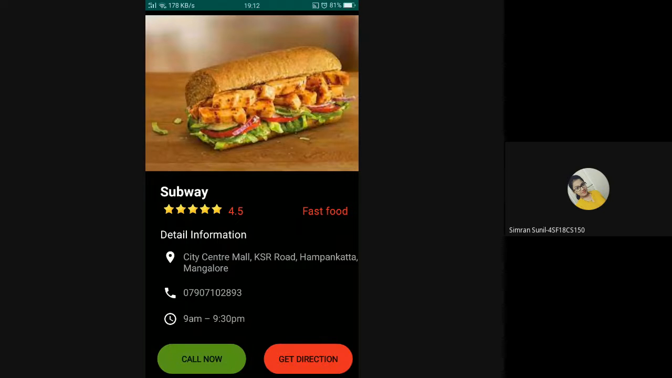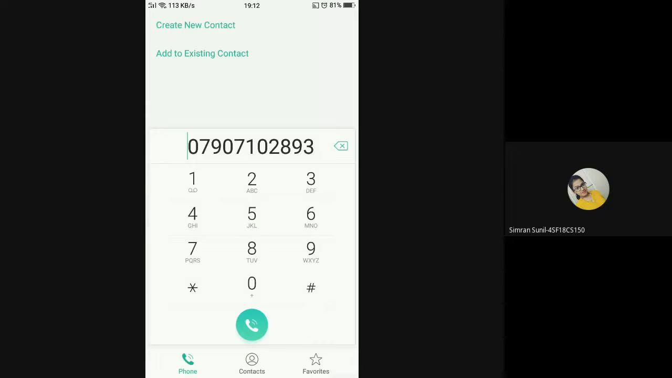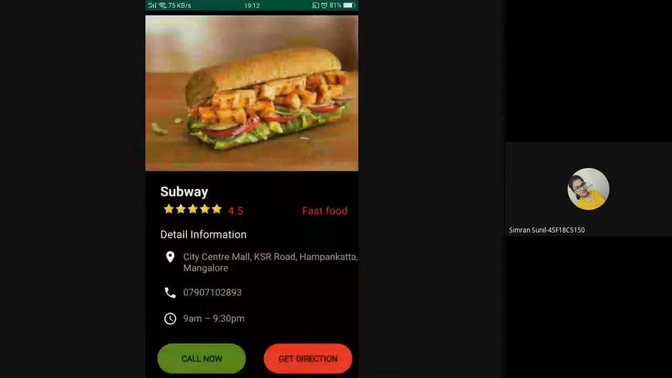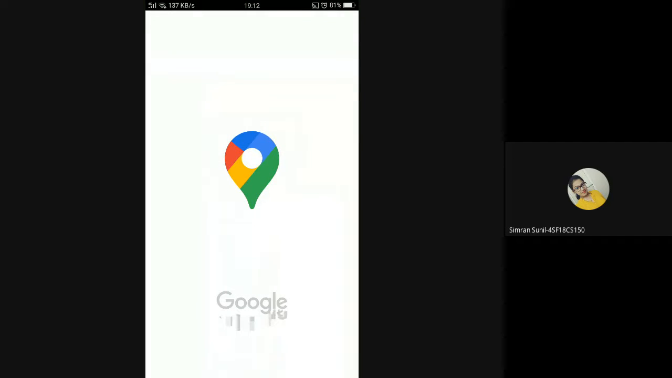information like the reviews, the categories which the restaurant belongs to, and detailed information such as the address, the phone number, and the open timings, like from when to when the restaurant is open. You also have two additional features here. One is the call and get direction. When I click on the call button, it navigates to the contact screen here where you can directly call the restaurant. And if I go back and click the get direction button, we have implemented